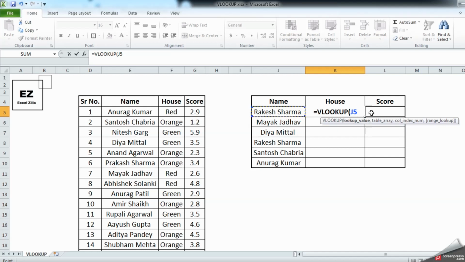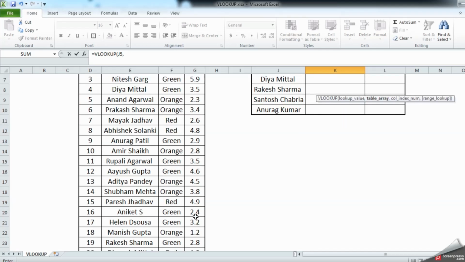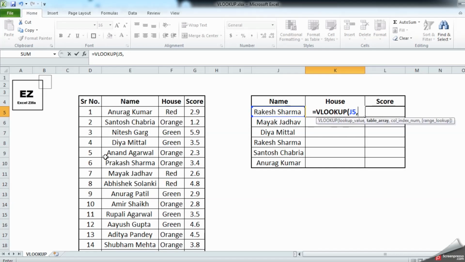To move to the next part, you need to give a comma, and then you need to give a table array. So what is a table array? It's a range, a complete table you need to give. Remember, whenever you are giving a VLOOKUP formula a table array, your table should start from here.